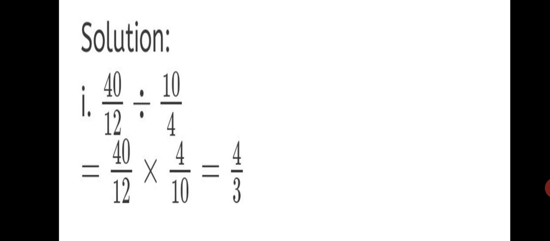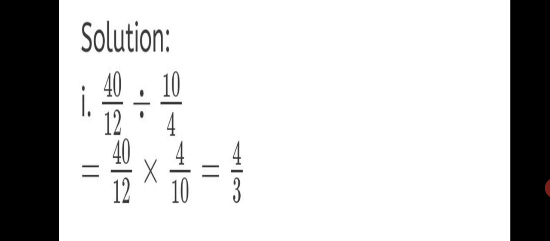Now you have to reduce. Check where you can reduce. Yes, 4 3s are 12. So 4 becomes 1, 4 1s are 4 and 4 3s are 12. Similarly, 10 1s are 10, 10 4s are 40. So what we have left in the numerator is 4 1s are 4 and 3 1s are 3. You can show the working if you're not comfortable with direct division in your mind. You have to reduce till you get the final answer 4 upon 3.